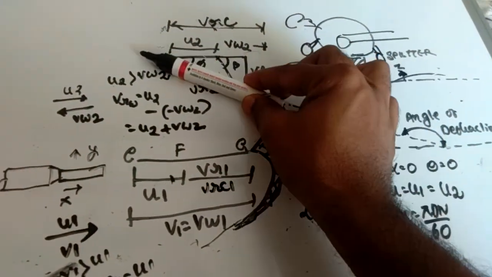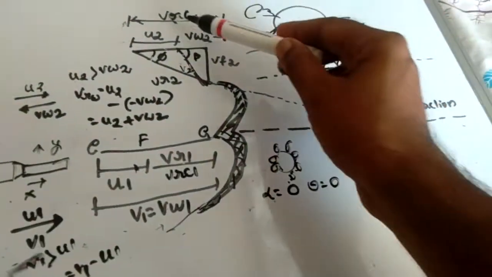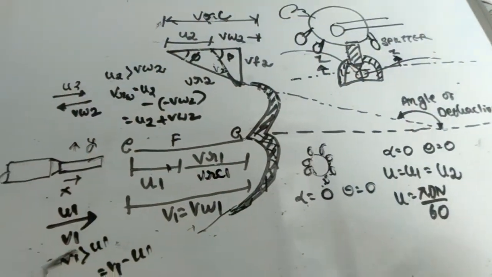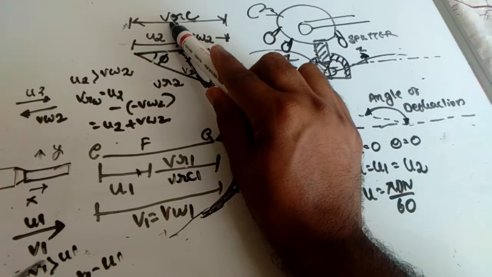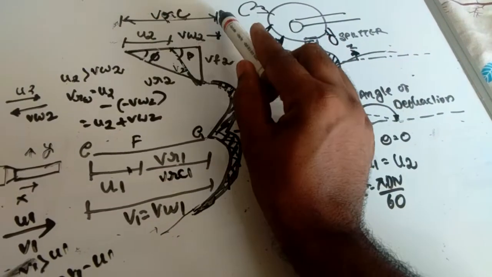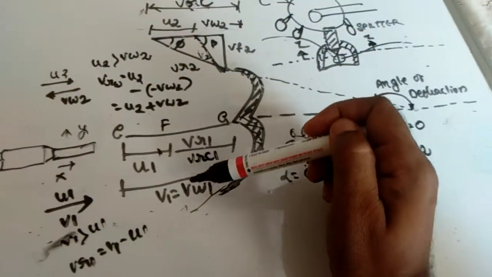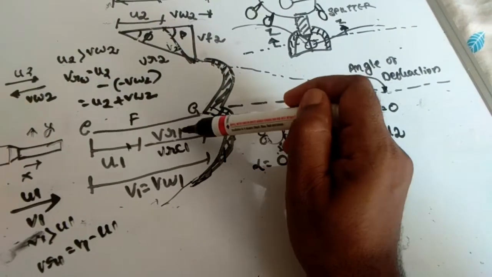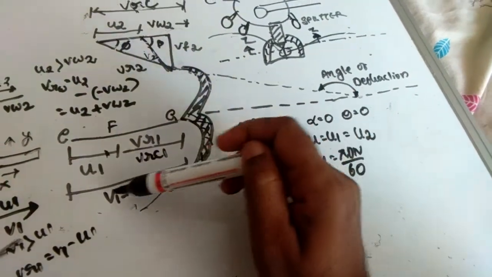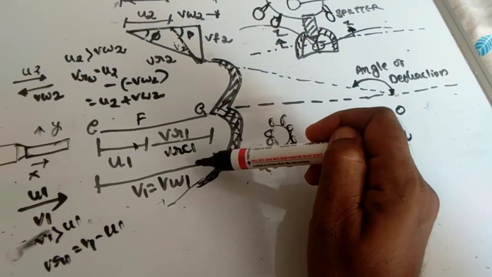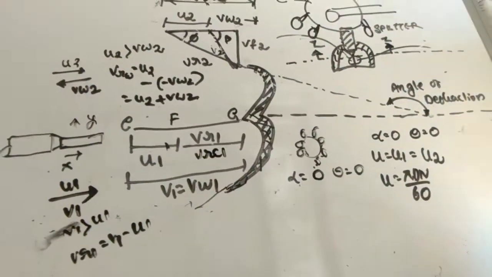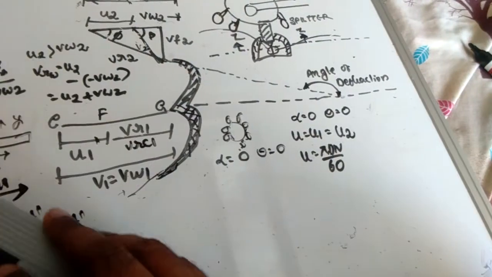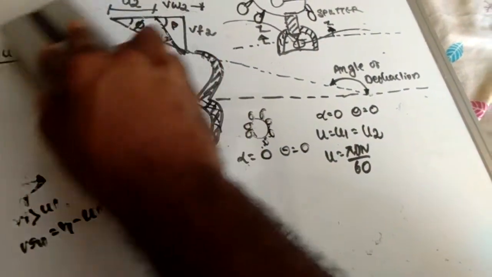If it goes in this direction and this also in this direction, that is the reason it makes two components. The relative velocity component is there, VRC, and it becomes this one. Here the relative velocity's component is a part of this, which is VW1. So next we'll go for the derivation.